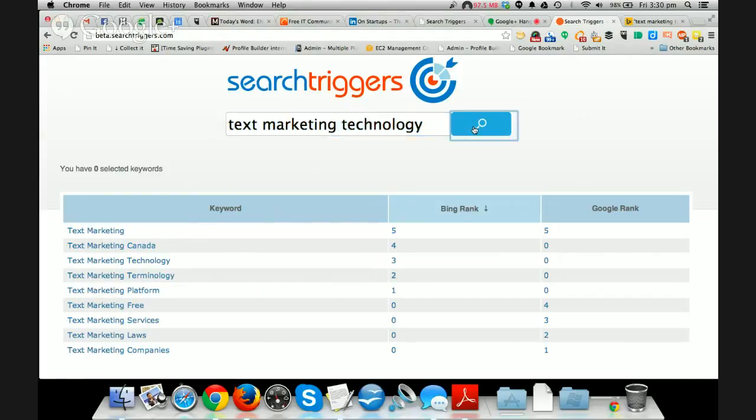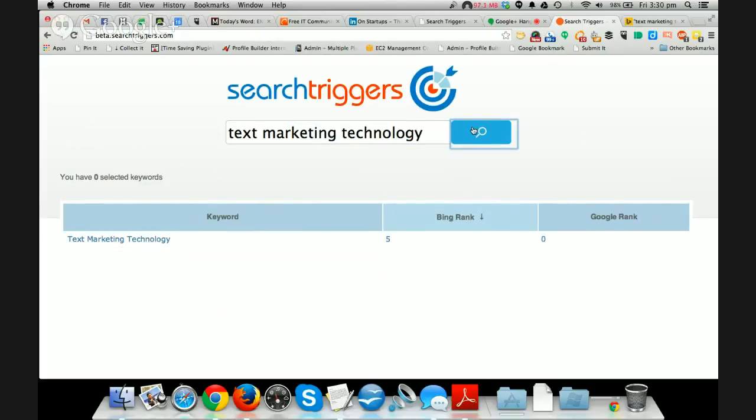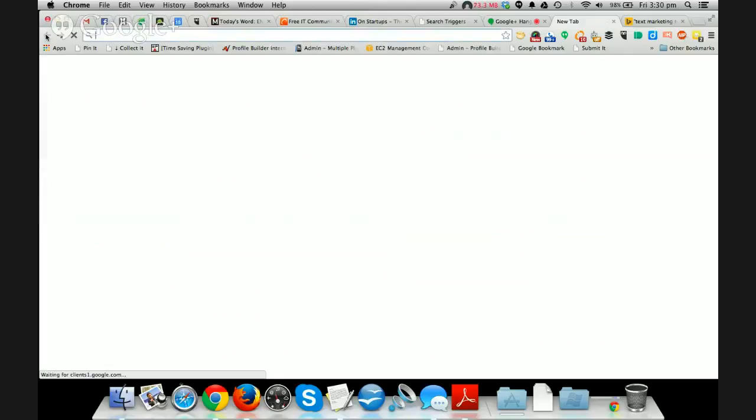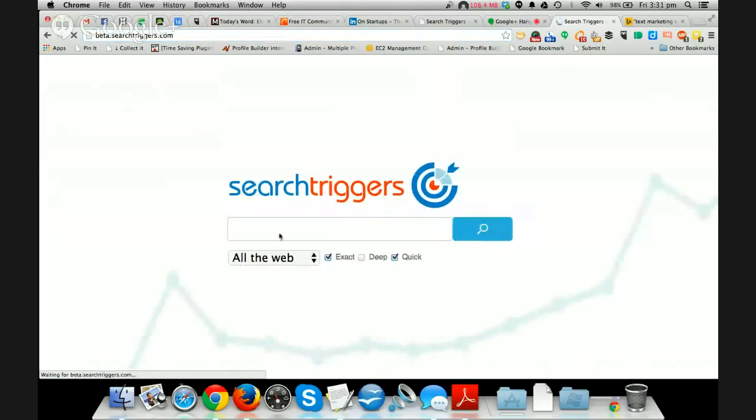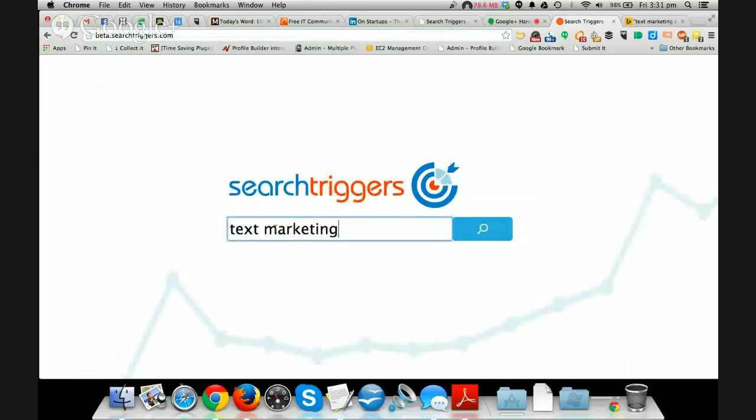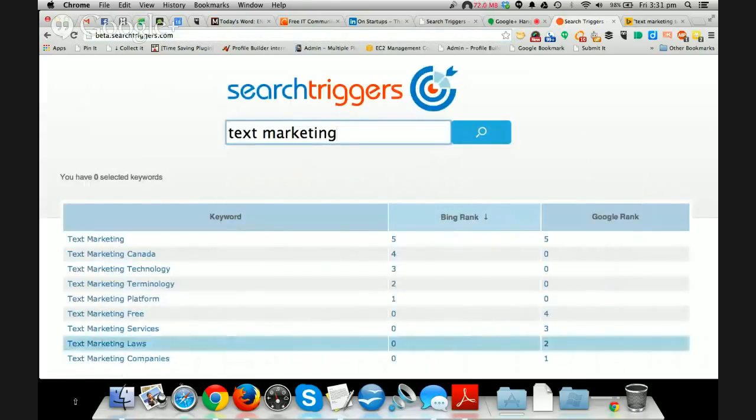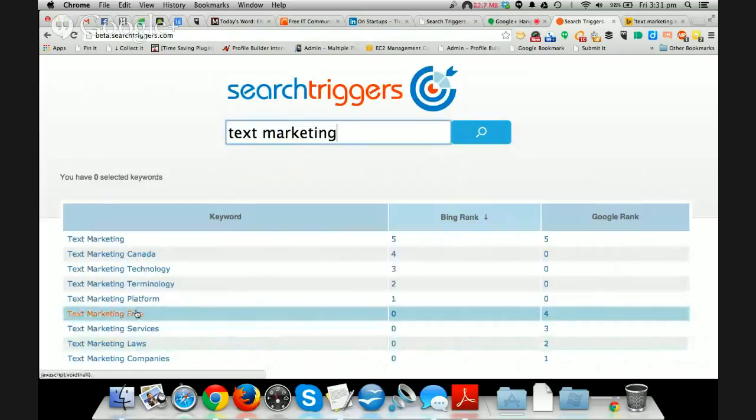That's good. Let's try free. We haven't tried that one yet. Oh, okay, you want me to go back and try free? There's no back button, sorry. Okay, you can refresh. And there's text marketing free. Let's try free and see if it goes any more than that.